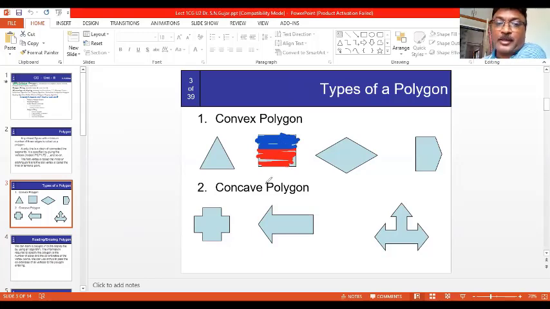So what you can do here is consider two seed points. First, divide this square into two parts.